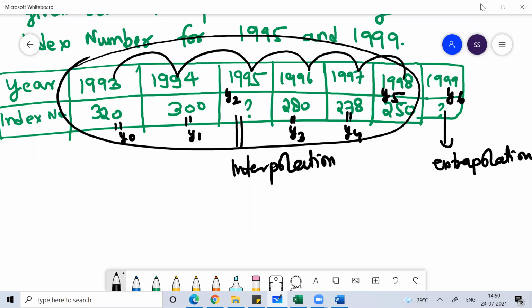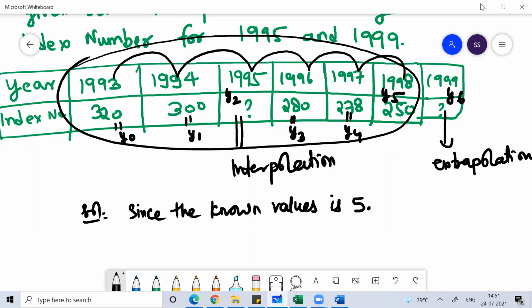What we do to solve this problem is count the number of known variables. So since the known values here, while solving the question, are 1, 2, 3, 4, 5.